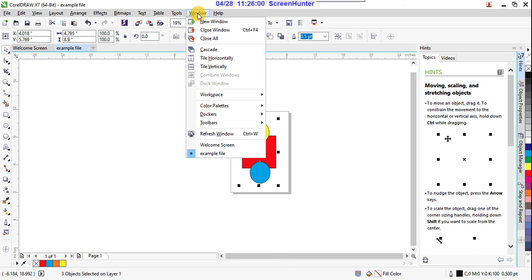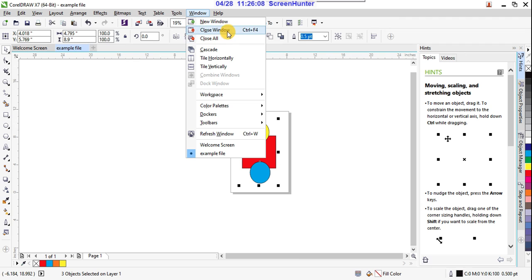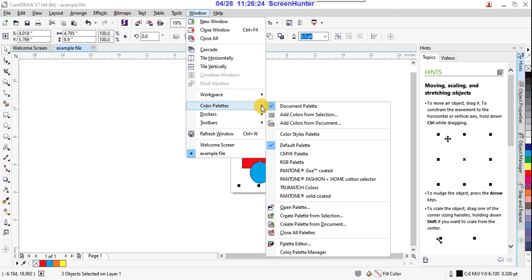In window, actually, only we are managing all the dockers. So here in this, new window is there, close window, close all, right? In cascade, tile horizontally. So horizontally you can display all your pages, or vertically, right? And here a workspace. By default we are using classic, and here this is about color palettes.